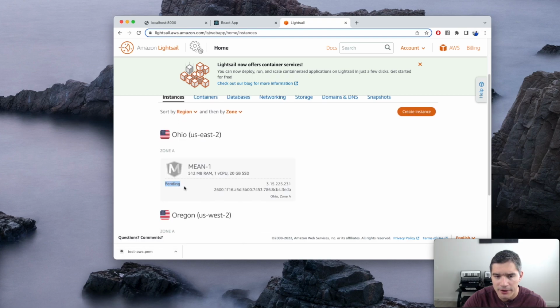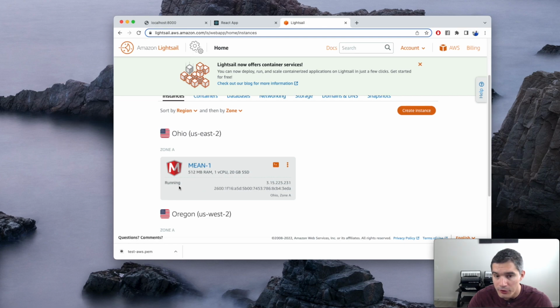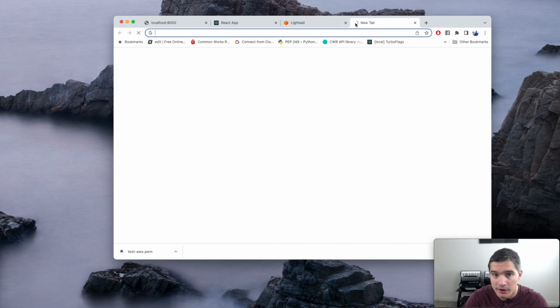And it will take a couple of minutes to deploy. This will change from pending once it's done. Our instance is now running. It says here the status. And this will be the static IP that is reserved for our instance, the one that we can add to our DNS later. And if we just check it in a new browser window,